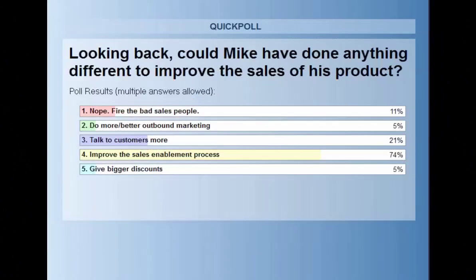And firing the bad sales teams, if you have sales teams that don't have the confidence to sell the product, that's at the end maybe something you have to do. So